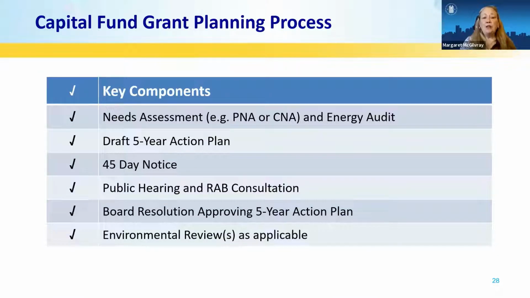The PHA has to submit, as I mentioned previously, a 5-year action plan, which is every 5 years. But they also have to submit an annual plan each year of those 5 years that can update that 5-year plan and further define it to a greater extent. So they need to follow these following steps. This is more of information for the staff because the staff conducts most of this. However, it's important for the commissioners to understand the process